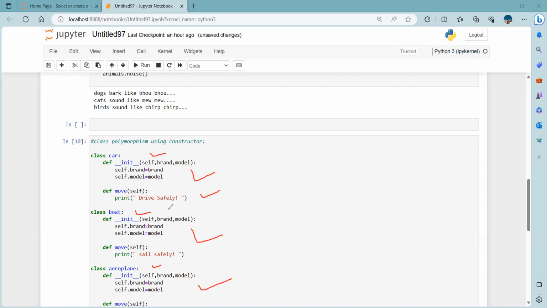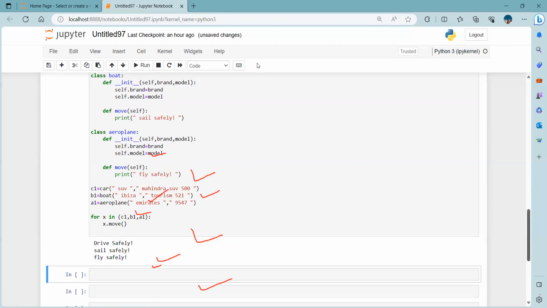Move. For car, the message is drive safely. For boat, we pass the message sail safely. And for the aeroplane, we pass the message fly safely. So what is done in these three different classes: we create the constructor, then the same method name, and we pass a different message to override it. After that, we create three different objects for the three classes,